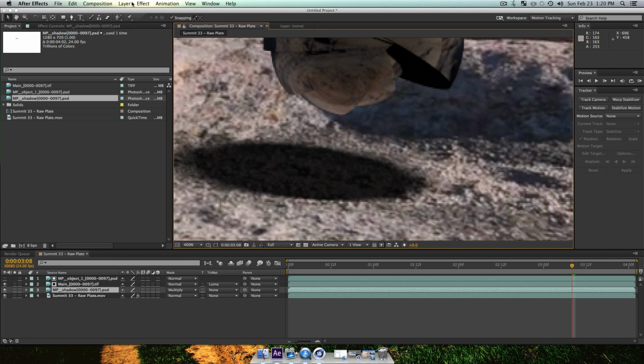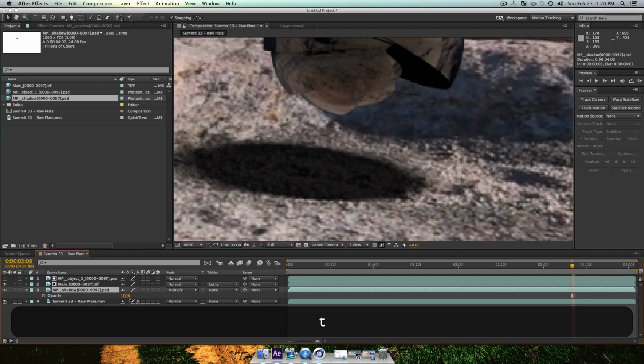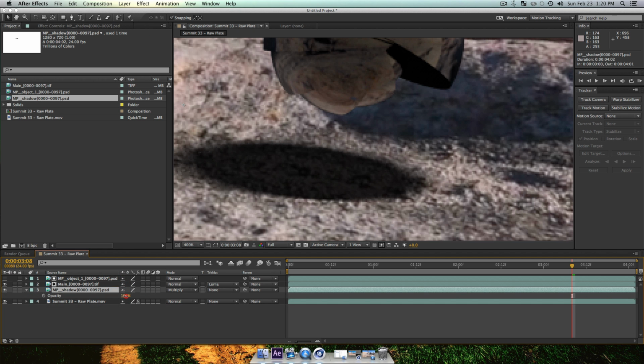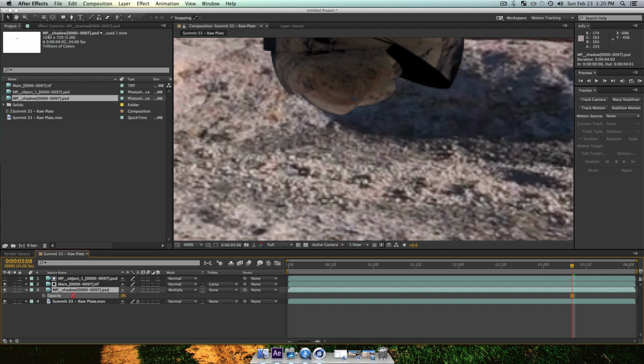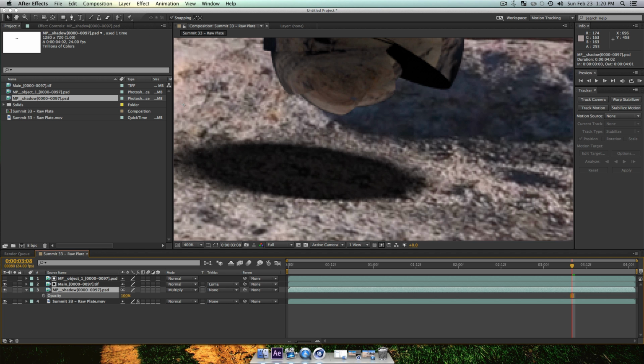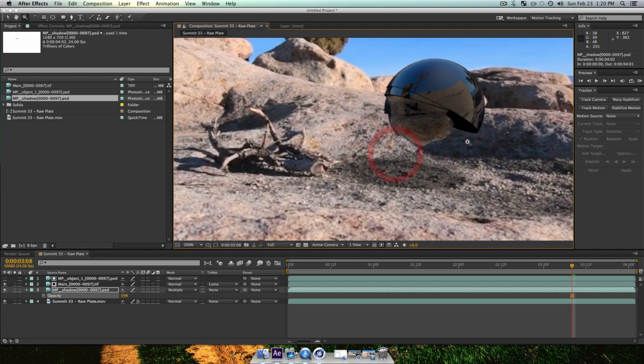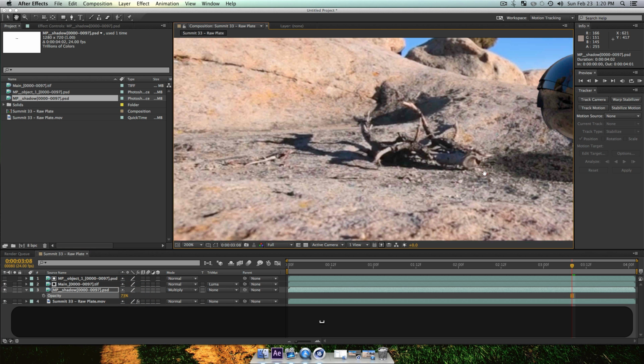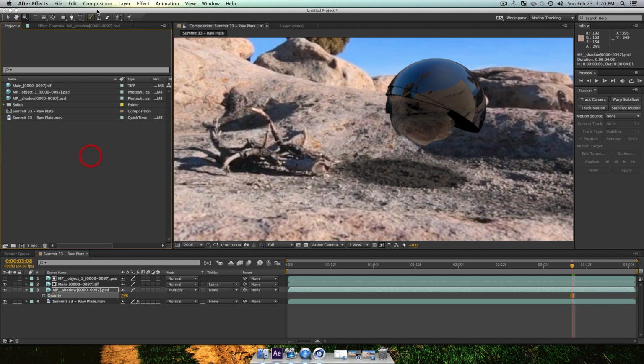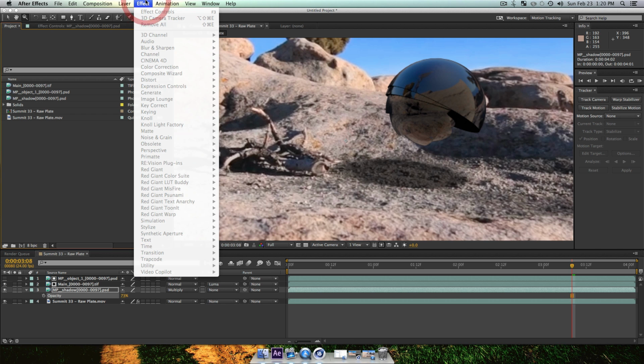So first I'm going to go into my, actually what I'll do is probably just do my opacity. So press T on your keyboard and just turn your opacity. So this is helpful because now I'm able to tweak anything. Like you can export all kinds of different stuff, but I'm just going to keep it simple and just do a shadow pass for this first video. So I'm going to just turn my opacity down to maybe like 73 until we get some of the color tones back, and maybe go up into my effect right here,